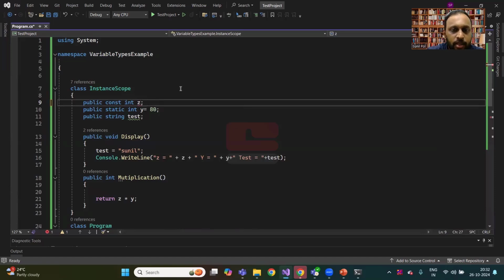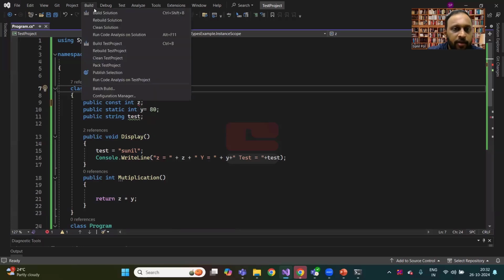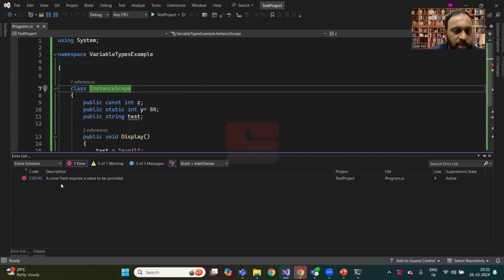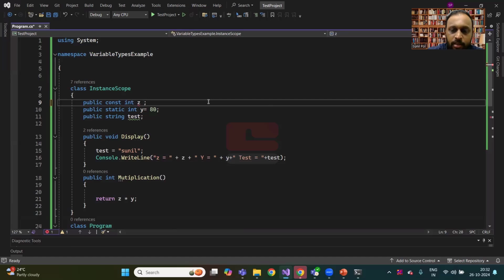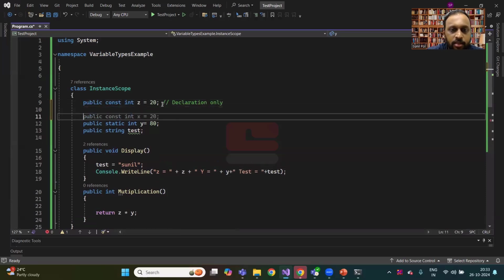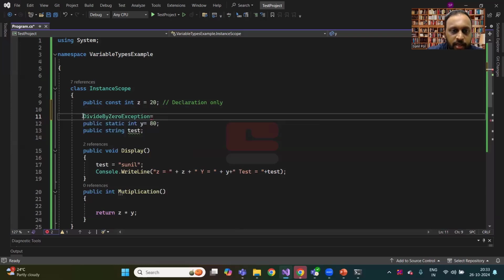If we are not assigning any value at the time of declaration to a constant variable, it will throw an exception: a const field requires a value to be provided. So if I try to compile the application, it will throw the same exception. Whenever you declare any constant variable, we need to assign some value at the time of declaration only. And once it is declared and assigned, we cannot modify the value of z again